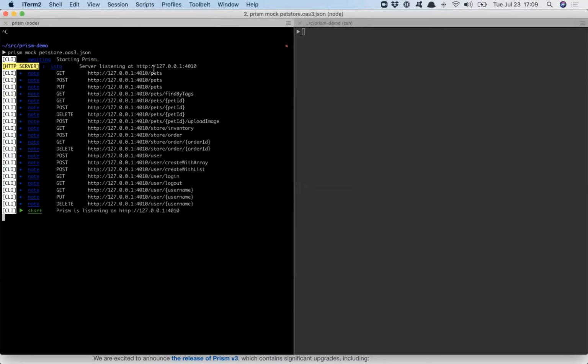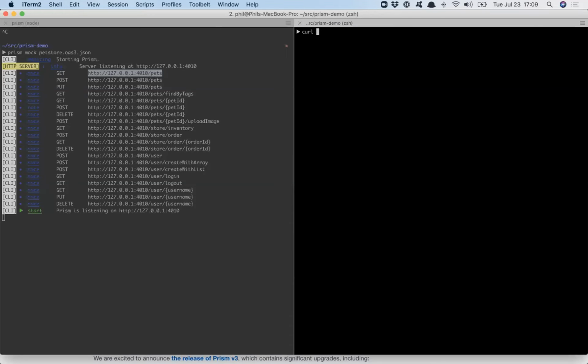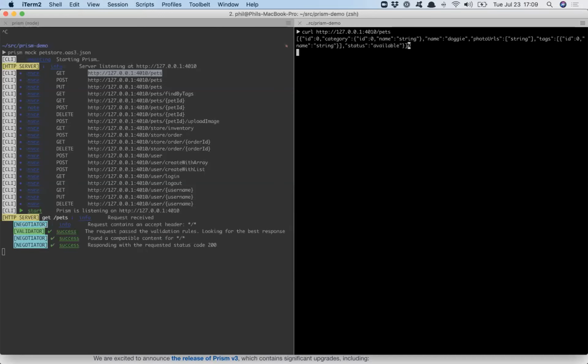So in the pet store, it's all about pets, funnily enough, and stores. Once you grab one of these URLs, you can start doing stuff with it. You could load it up in the browser, but the browser is going to request HTML or XML or something like that, which isn't really what we have in our API. So instead, you can use Curl.